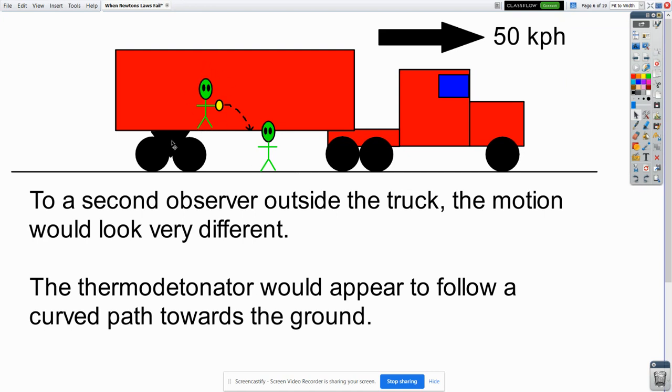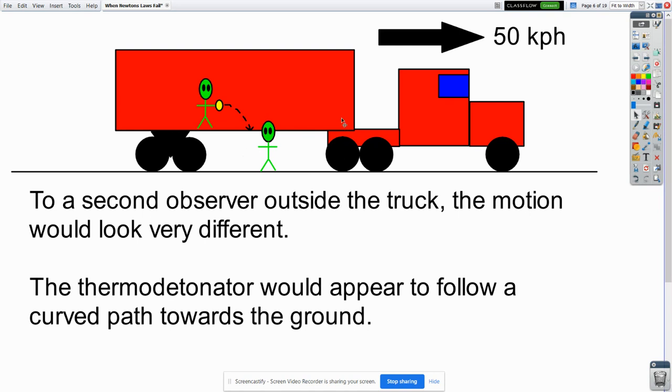Again, to the alien on the inside, this back axle is always the same distance away from the alien. But as the truck would move, this axle will be getting closer to this alien on the outside. To the alien on the inside, the cab or tractor part of the truck is the same distance away from the one inside, and it stays the same distance away from the one inside. But to the observer on the outside, it's going to be getting further away as time passes.